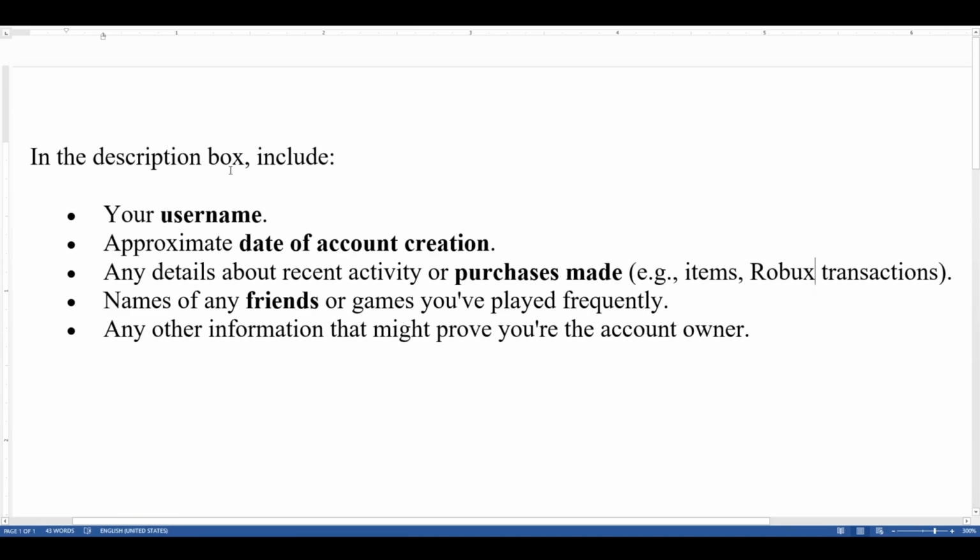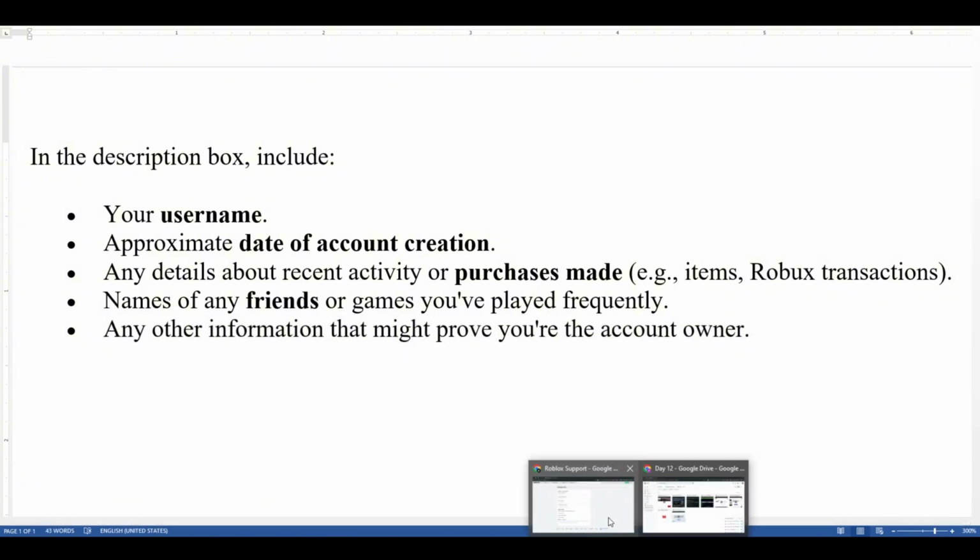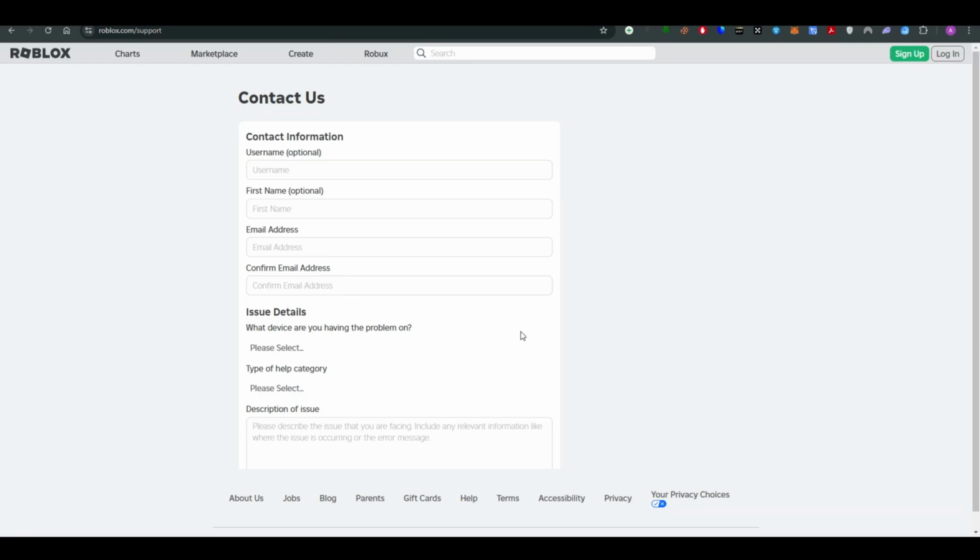And after that, they will ask questions like your username, approximate date of account creation, any detail about the recent activity, purchases made, items like Robux transactions, names of any friends or games you have played frequently, or any other information that might prove you are the account owner. So these are some things that you need to get in touch with, and these are some things that you need to provide